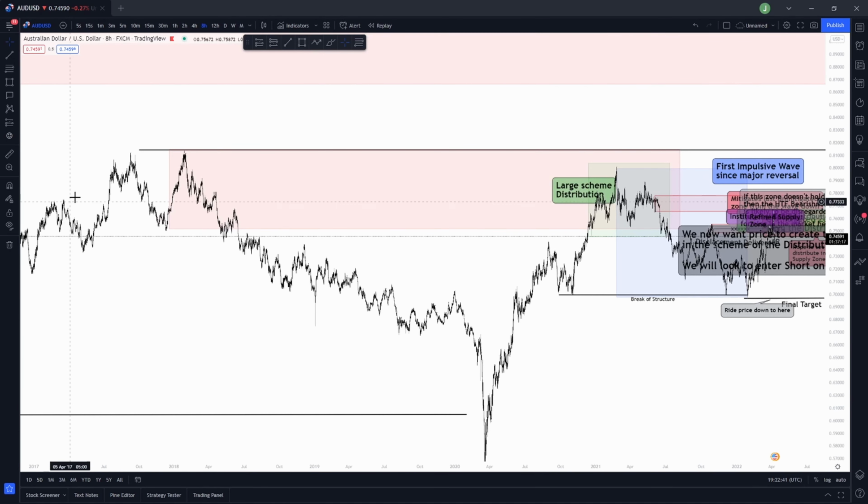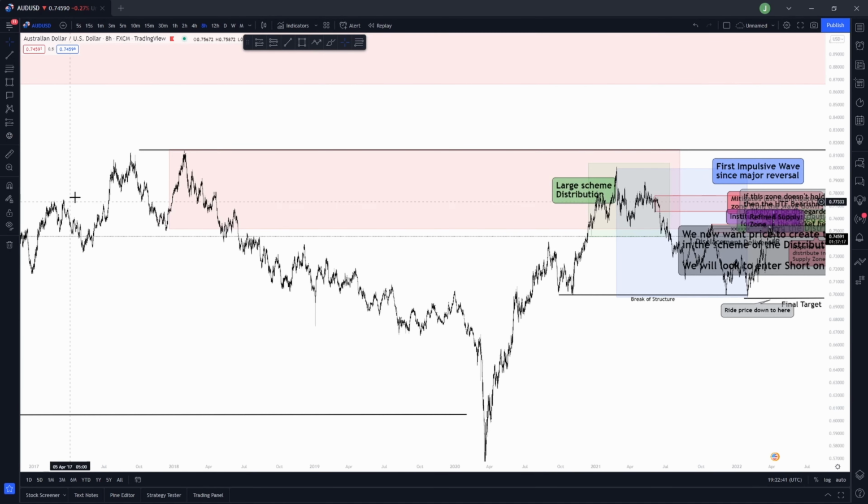This is the first impulsive wave down within the higher time frame scheme of this bearishness. So we have the first impulsive wave down. We leave two unmitigated positions. We invalidate the first, tap into the second. And as you will see here, after we've tapped into this second zone, or the higher zone, we've had early